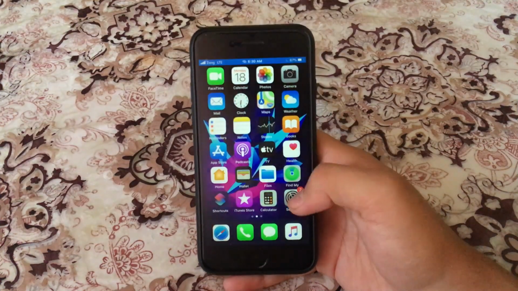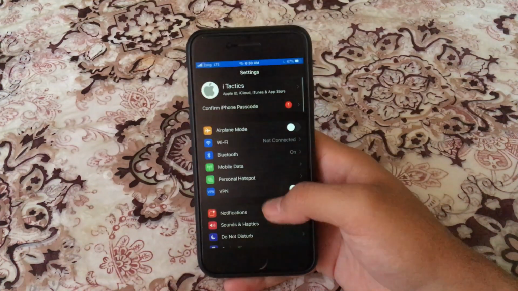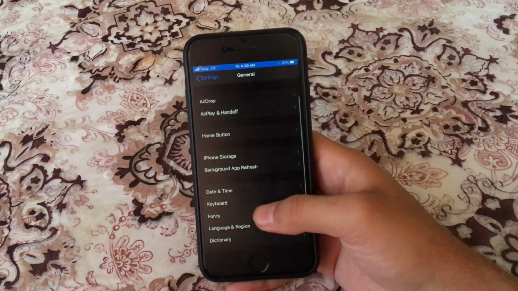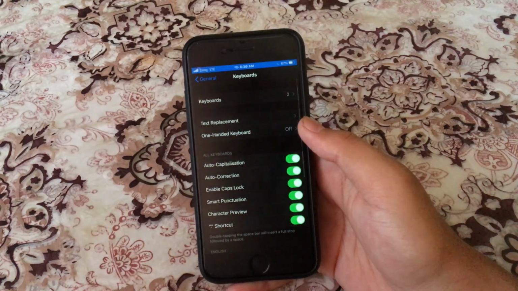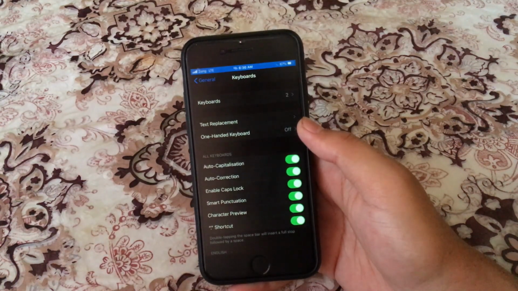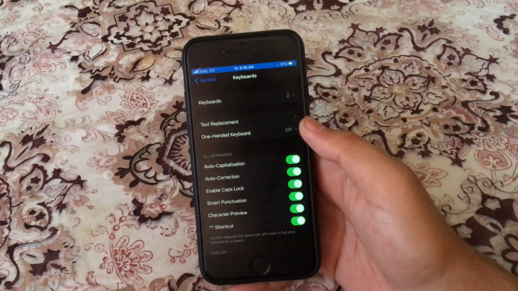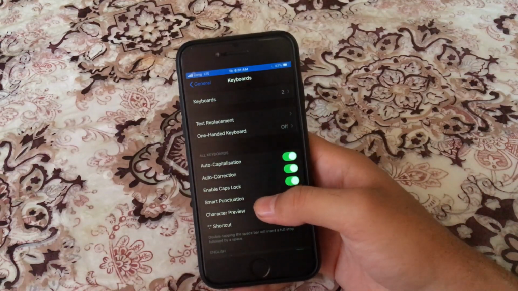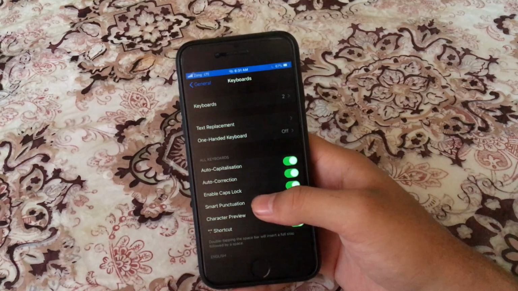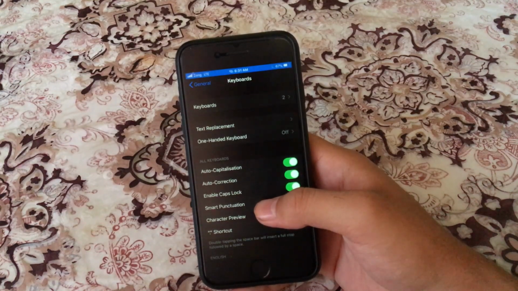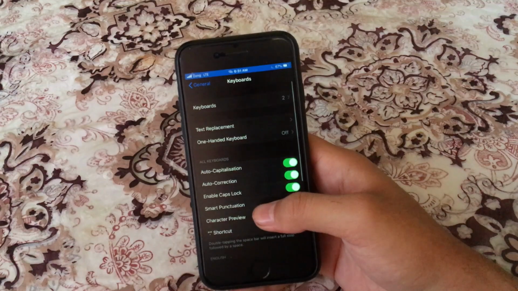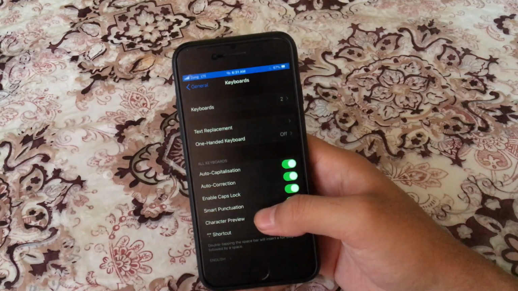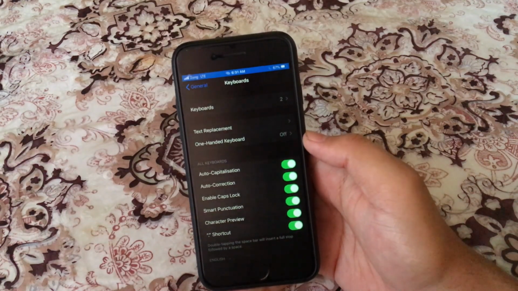First, I like to go to settings. I like to go over to general and head on over to keyboards. Under keyboards, I like to turn off autocorrection because oftentimes autocorrect will change words that I don't mean to type, and then when I go to tweet something or type something in a message, autocorrect will change the word to something completely different, so it does not work well for me. So every time I set up a new iPhone and autocorrect is on in keyboard, I always turn it off.